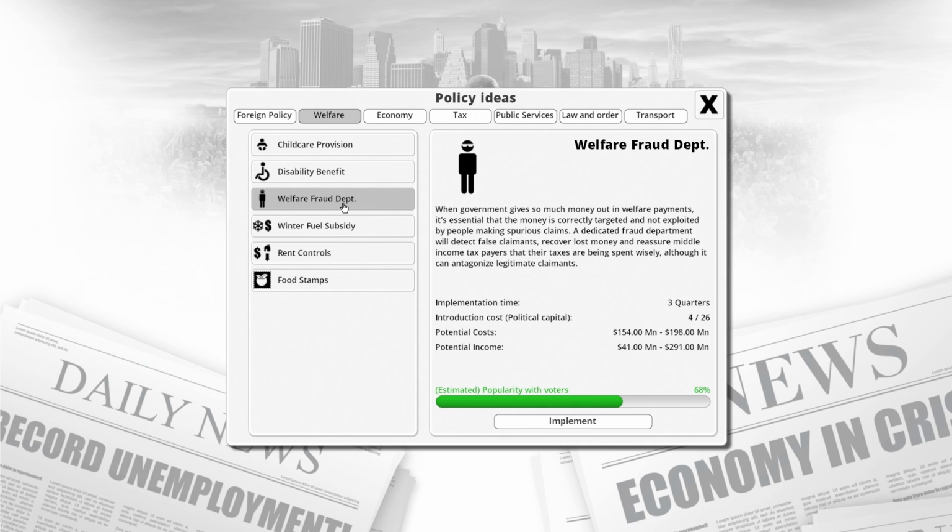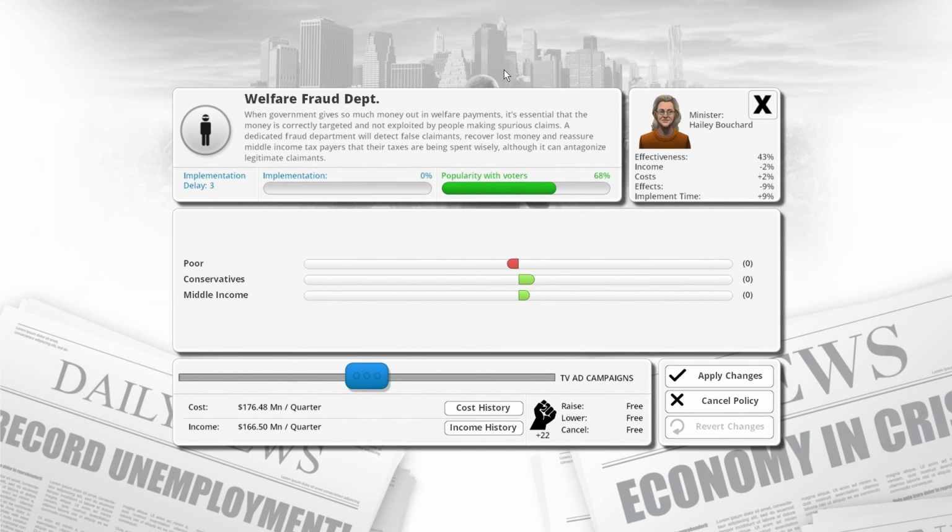This one here basically is going to put people out there that investigate welfare fraud. And it's good for the economy, really, because it will put more money in the government's pocket, and it doesn't cost as much. So I'm going to implement this one. Alright. Now that I'm implementing something, I get to control how much I want to put into it. Right up to undercover investigators, all the way down to a reporting hotline.